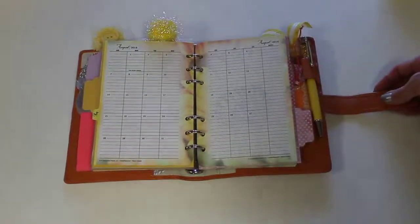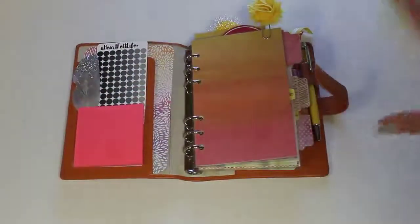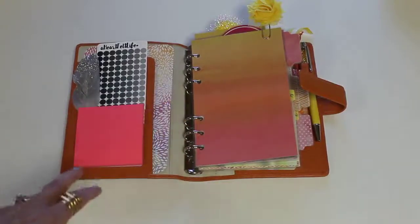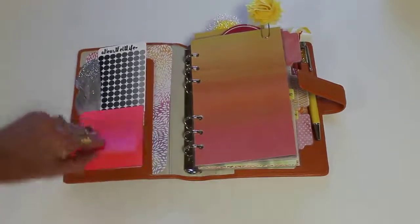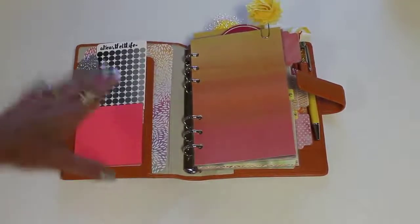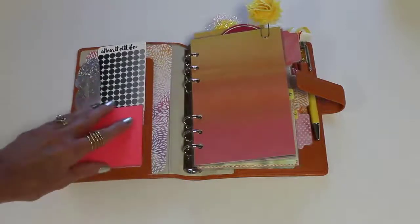The most I do in the Franklin system, which you guys see and know, is a setup, any kind of setup that I do for a Franklin system. Okay, gotta have water right now. I go in and make binders for mine. That's about as colorful and as cute as I want it to be. I always need some notepads near. So this is sticky notes. I just put a piece of cardstock on the back of it so that it will have something to stick